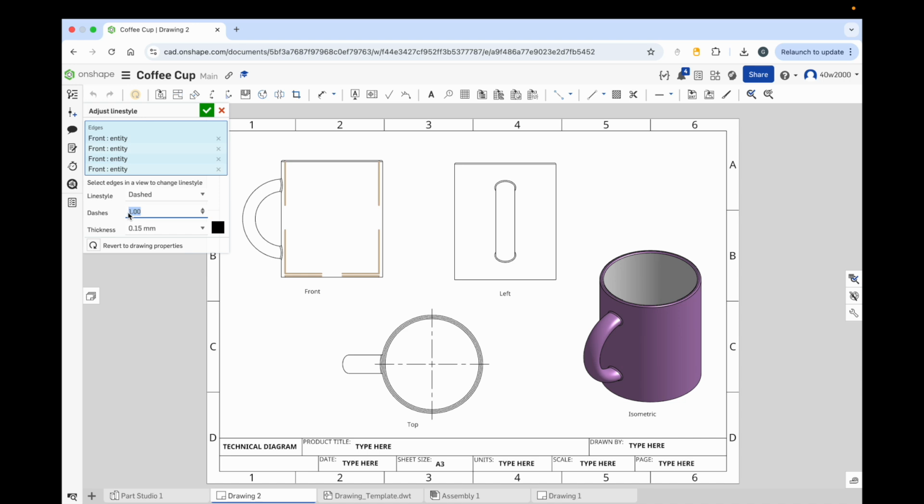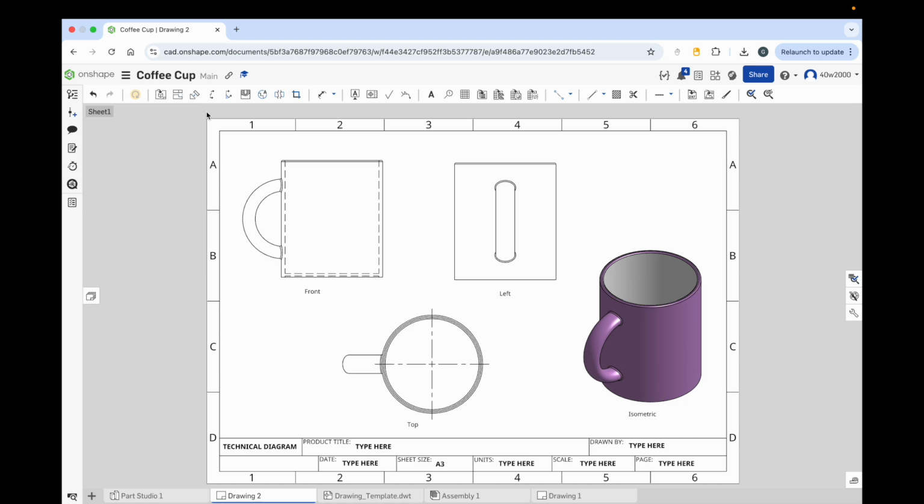So I'll try 0.2 and then press enter. And that didn't make any changes. So let's try another one, 0.01, and try that, press enter. There we go. So with these 0.01 size dashes, they're much more clear and easy to see, so people can understand the document a little bit more easily. So with that done, I'll click the green check mark to apply that,